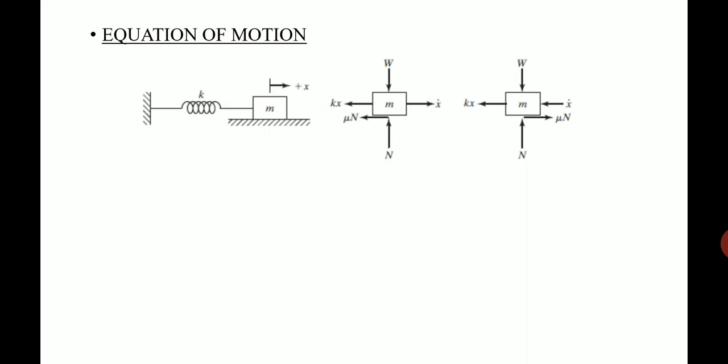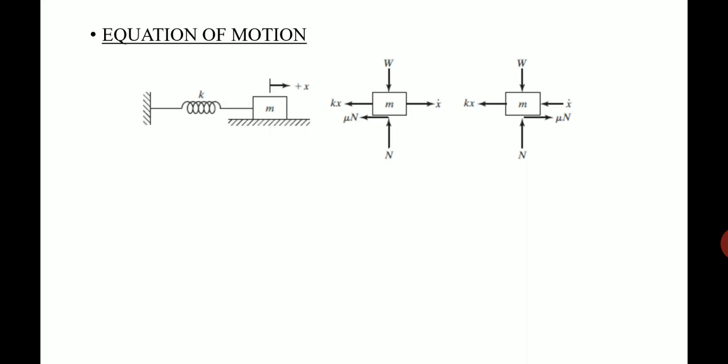Okay, so in here, as you can see, on the right side there are two free body diagrams. I'll come to why there are two later. The first case represents a case where the displacement is towards the right, plus x is shown towards the right in the first figure. So coming to the free body diagram, when the body is moving from left to right, from the equilibrium position the body is moving towards the right. At that condition, what will be the free body diagram? That is shown in the first figure.